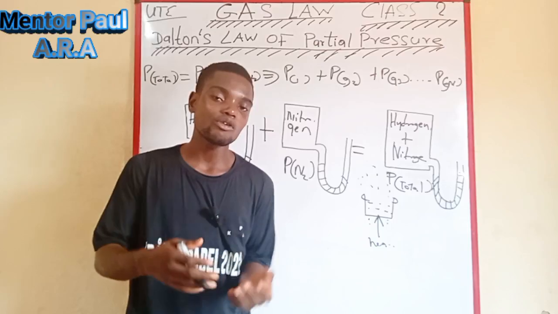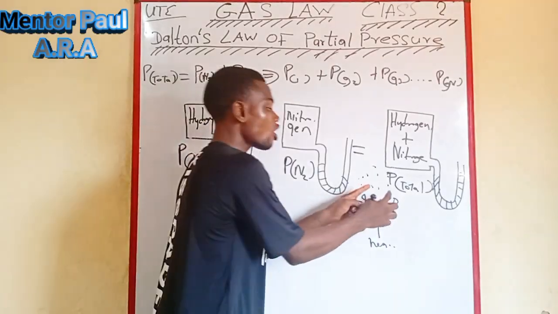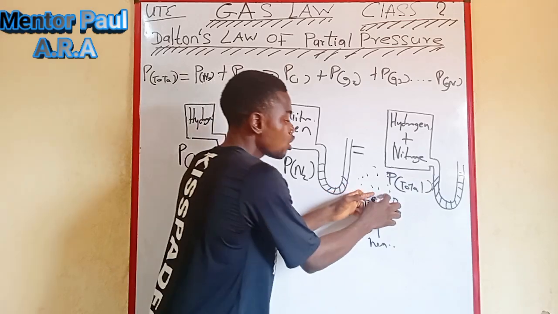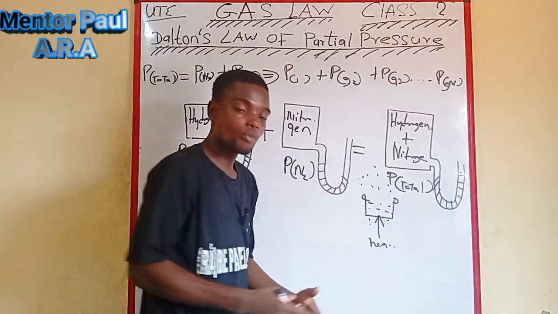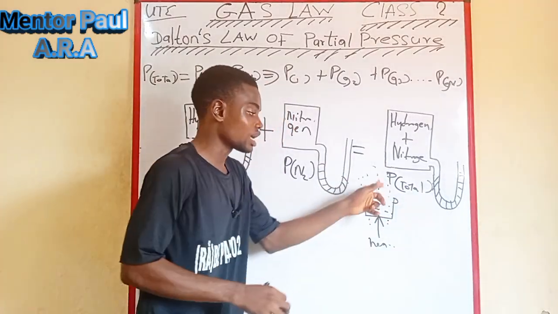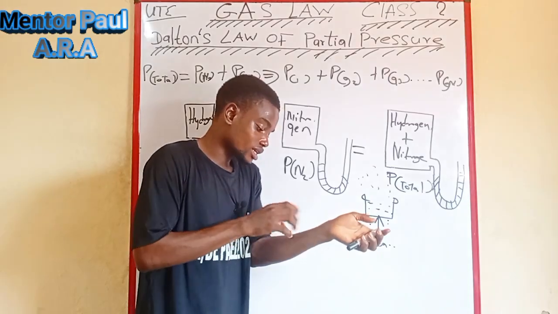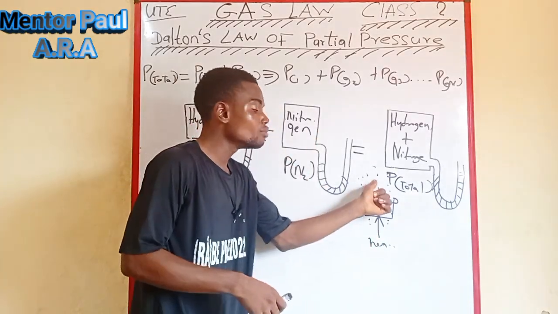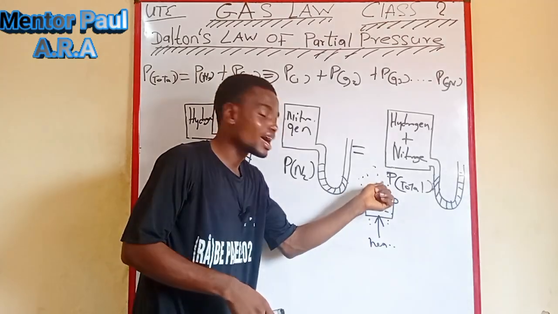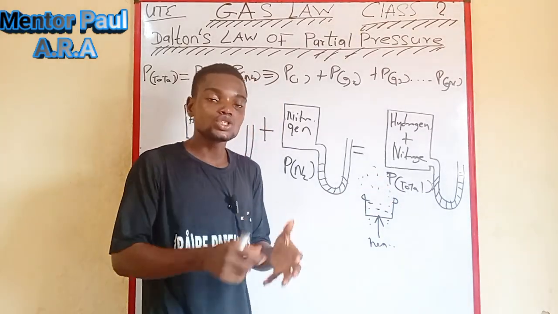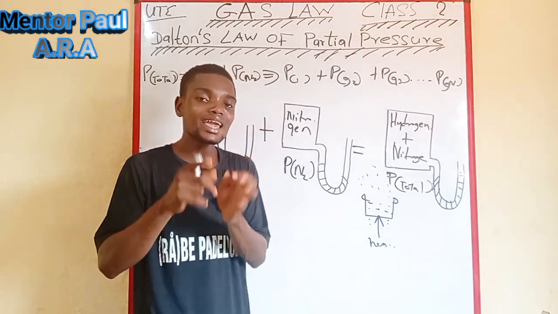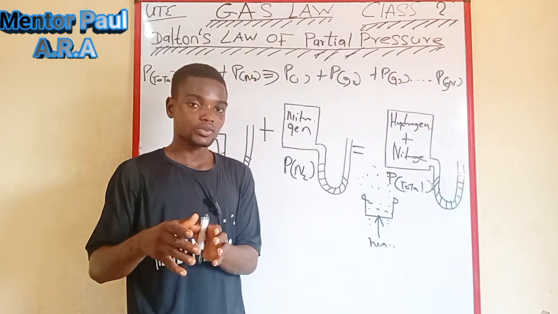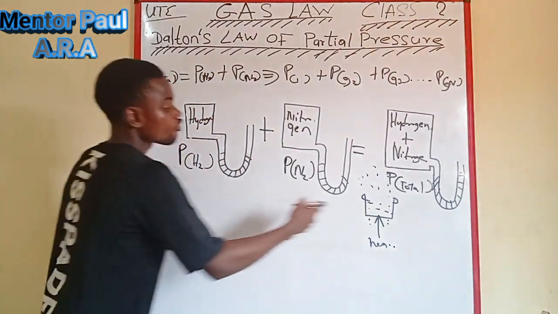Let's say, for example, carbon(IV) oxide or hydrogen gas that we want to collect over this water is going to be wet with water. What we mean by wet is like slippery, or water is going to be on it. So it's going to be a mixture of the dry gas and the water. And hence, since water vapor has its own pressure, we are now going to say that